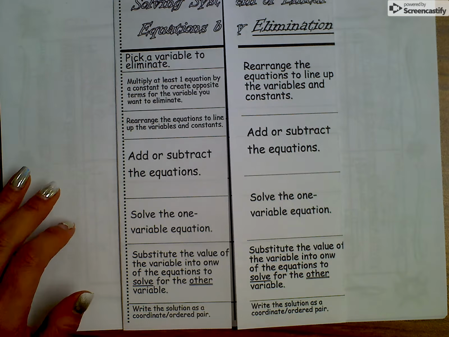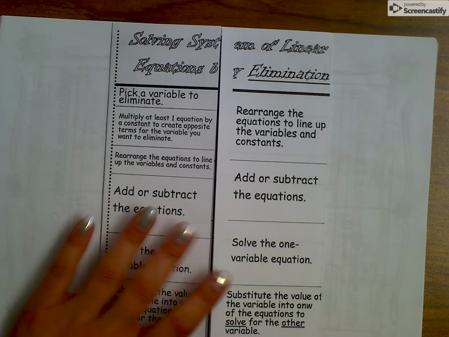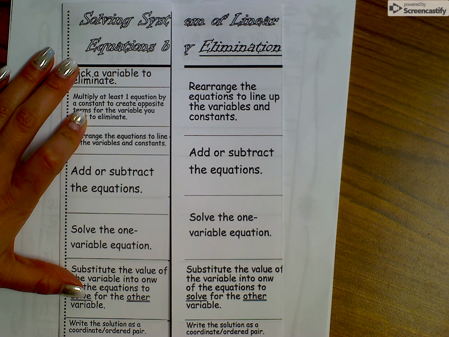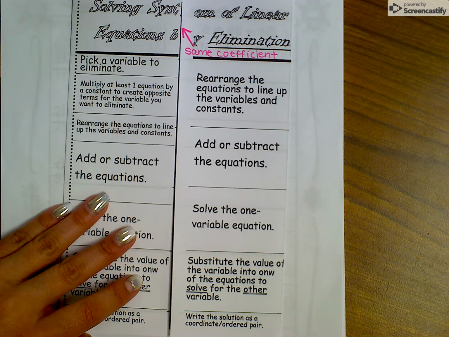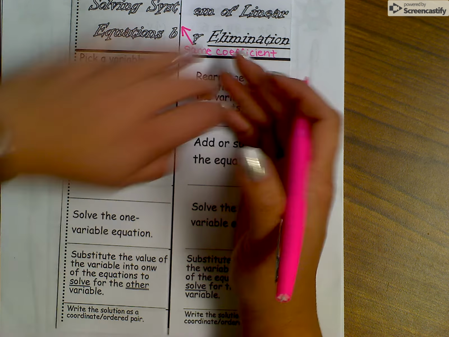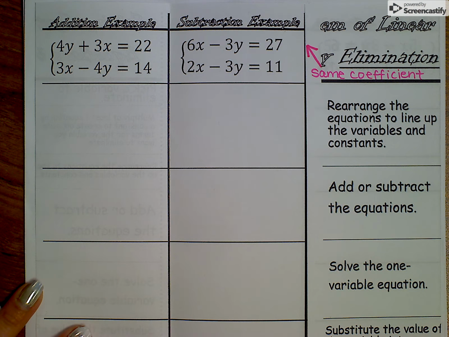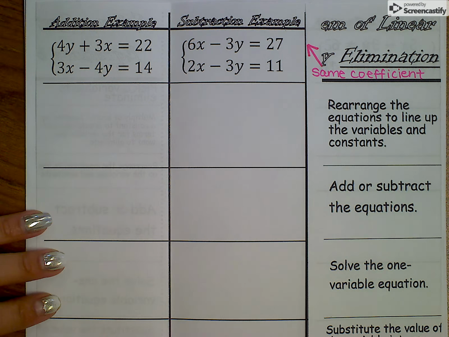And I told you guys that we would do the easy part together on the notes, so let's begin. The easy ones, we recognize they're easy because they have the same coefficient. So if they have the same coefficient, go ahead and flip it open, and we're going to see some examples of just that. Let's take a look at our addition example of 4y plus 3x is equal to 22